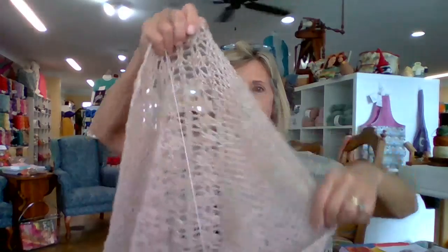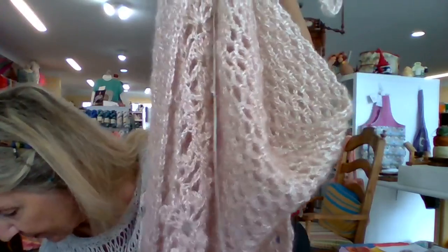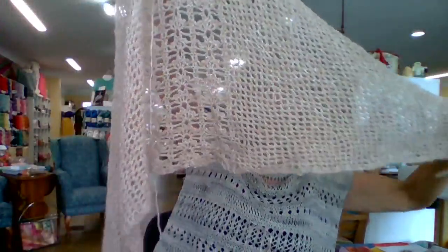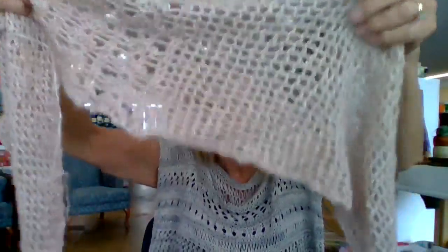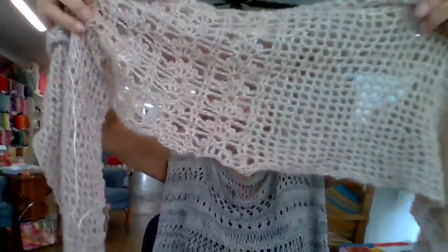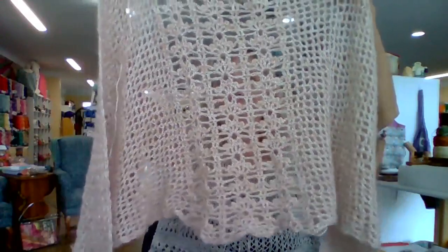But this is a very interesting construction, and I'm going to look for the pattern name for you. I might have left that pattern sitting on the couch. That's okay. I have it memorized so I can work on it. You are starting down here with this center section. Do it like that, okay? So that bottom center section with that pretty scallopy look, and then you continue the center section as you're building out